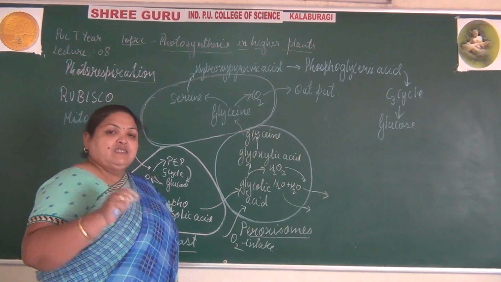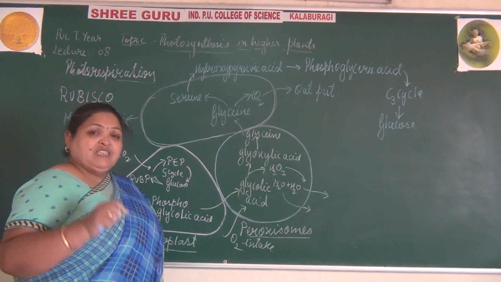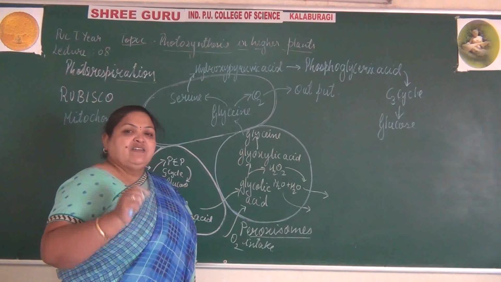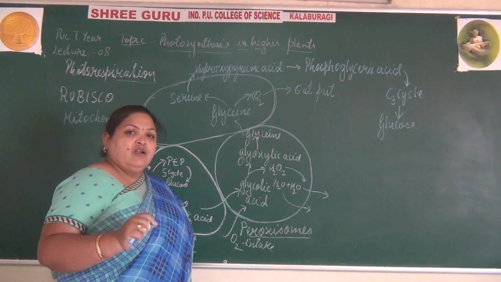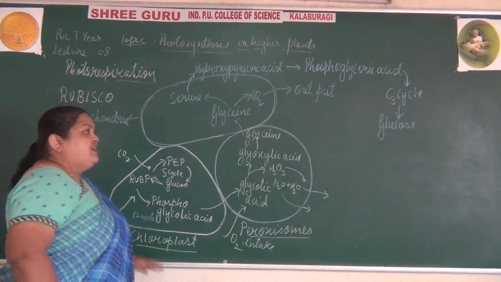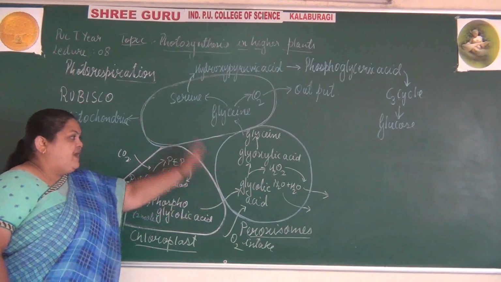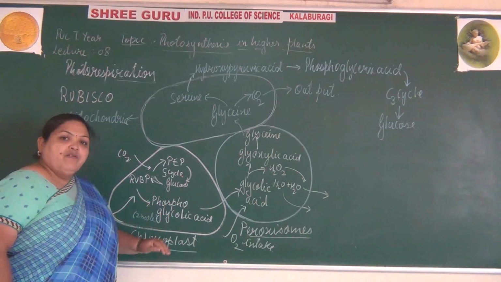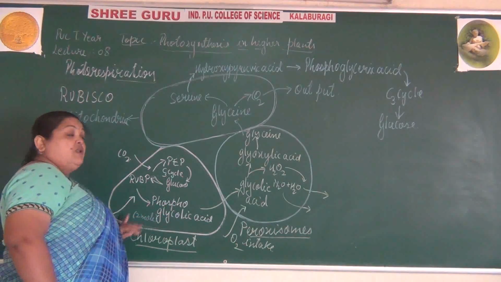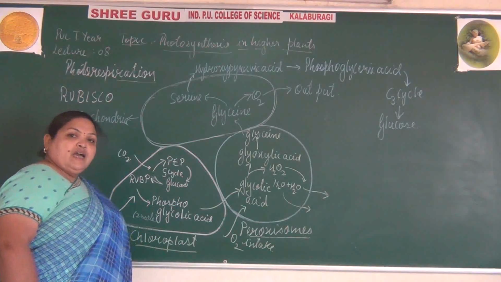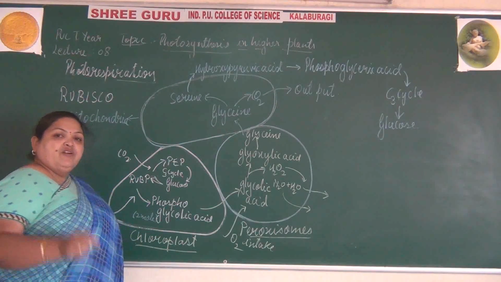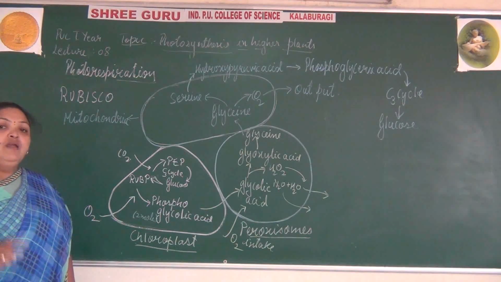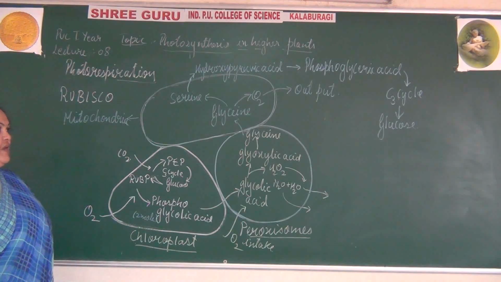So as the excess amount of carbon dioxide is being released, now you will be able to understand why the scientists called it a waste process. Why did they call it a waste process? Because here ATP is not synthesized by the organelles, nor is there synthesis of NADP, and moreover it is utilizing oxygen and releasing excess amount of carbon dioxide. So they refer to this cycle as a wasteful cycle with the release of excess amount of carbon dioxide.